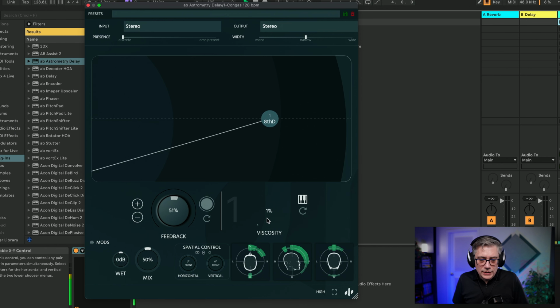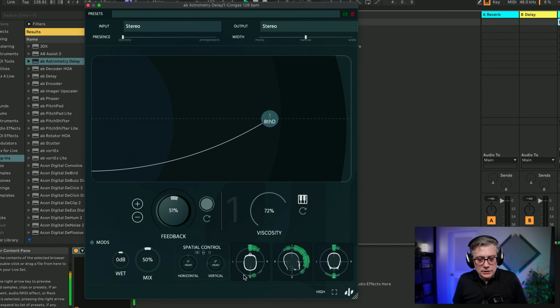What I can do is increase that viscosity. This is then seen through this curvature in the connection here, maybe to 100. And what that will do is it will essentially smoothly approximate the movement in case I move the position of the tap into a different location on that user interface.